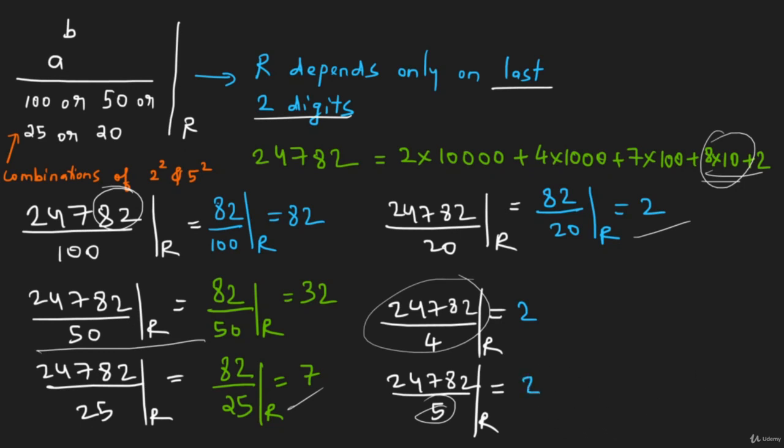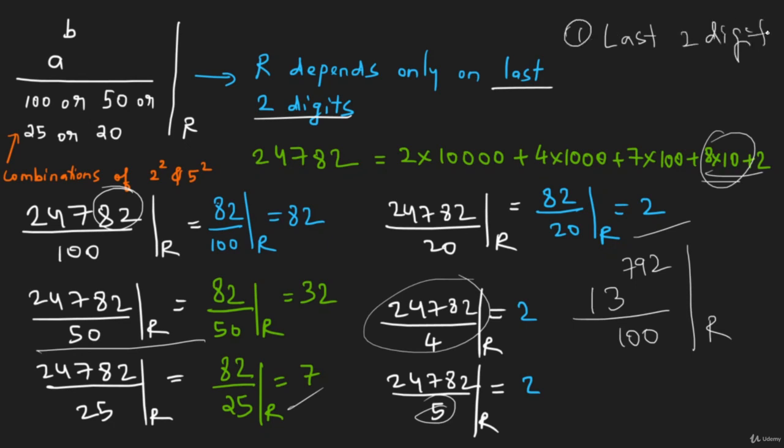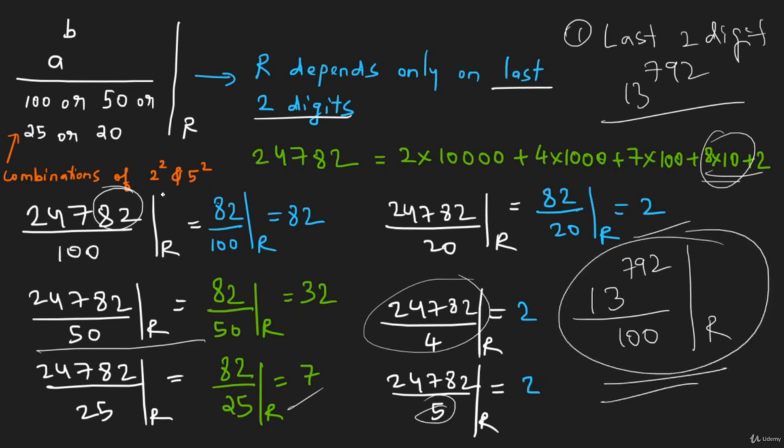Now remember, you may have a question where you have to first find the last two digits. For example, if you are asked to find 13 to the power 792 divided by 100, what is the remainder? Now in this case, you need to combine this along with the previous technique. So you need to first find the last two digits. That's step 1. Find the last two digits of 13 to the power 792, and once you have the last two digits, you just need to find that number divided by 100 and take the remainder, just like we did over